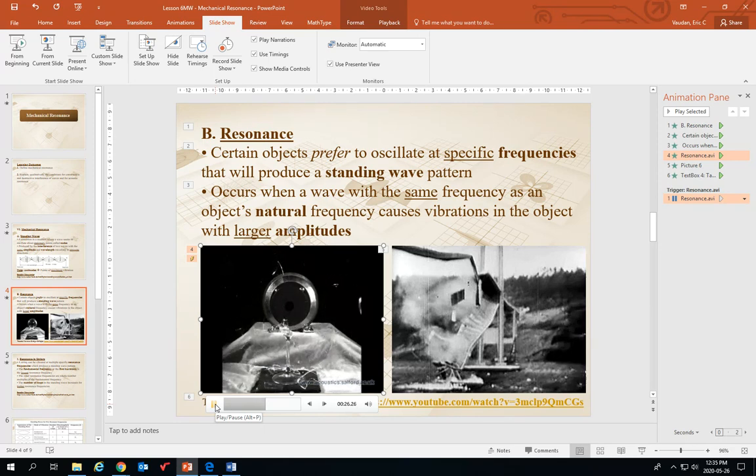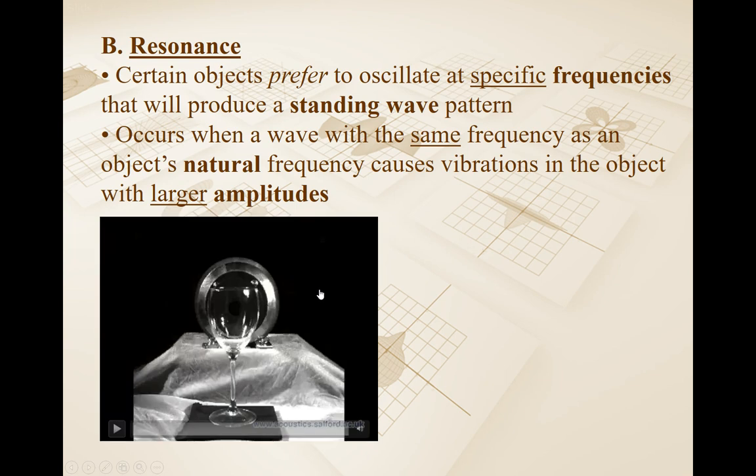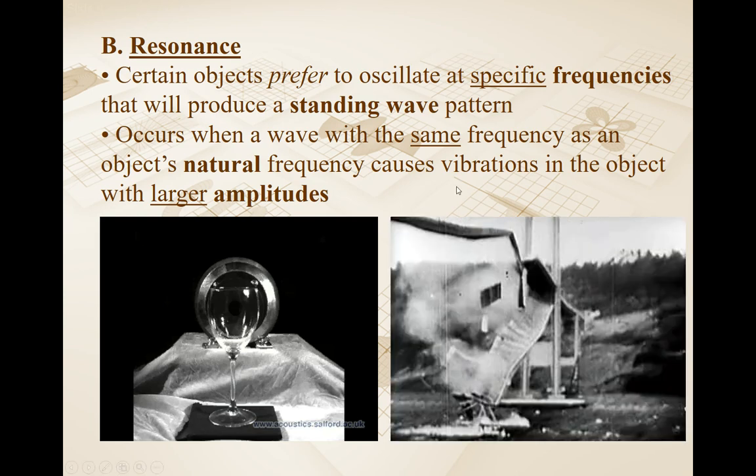This is actually not a good thing if we're talking about a wine glass, because we don't want the wine glass to shatter. So it's not good to match the natural frequency of the wine glass, because then you'll create a standing wave in it, which will make huge amplitudes in the glass and cause it to shatter. Another example of this is, I'll show you a video in a moment, the collapse of the Tacoma